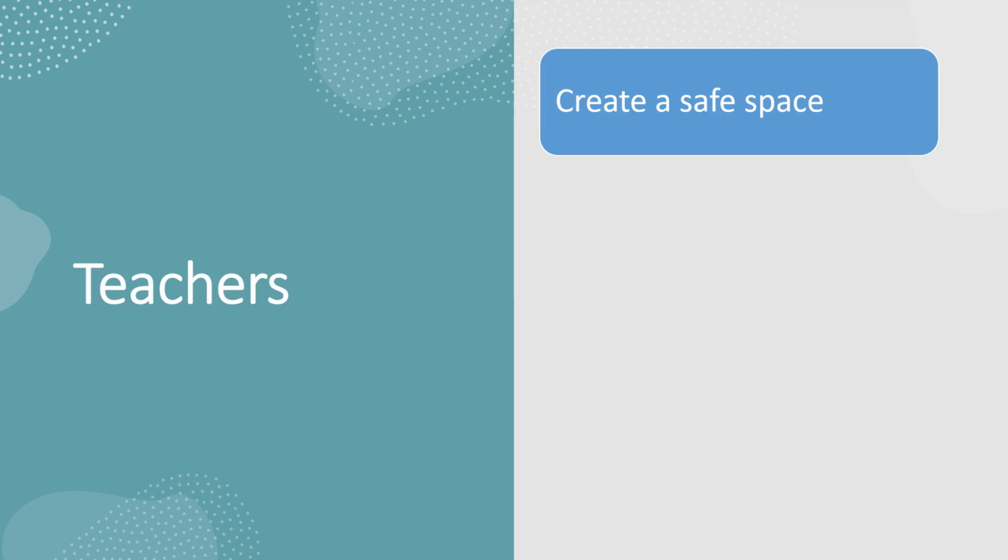Number 1, create a safe space. Students are not going to want to talk about a topic that's taboo or awkward or weird or you name it, unless they feel safe in the room doing so. If you're not somebody that your students trust, then they're not going to want to ask you the tough questions. Students are not going to want to engage in a class if they don't feel welcomed and if they don't feel like their opinions really matter. It's your job as an educator to create an environment in which these kids all feel like they can speak freely, in which they feel safe and confident in sharing their opinions and their questions.